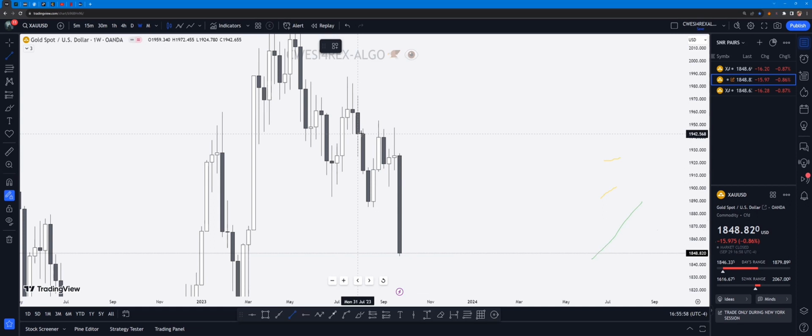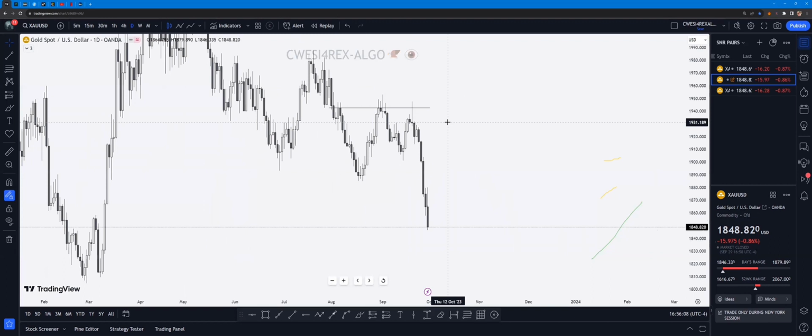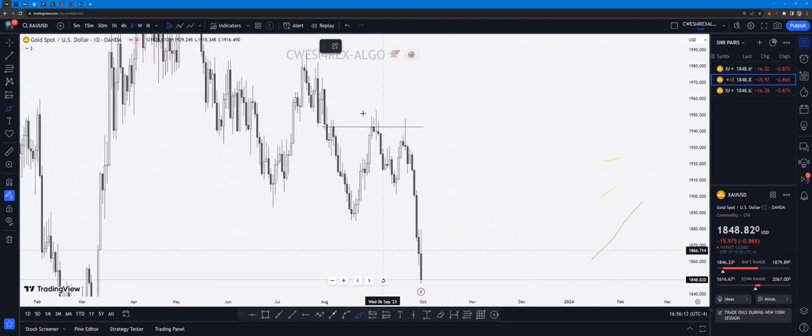So if you see weekly rejecting weekly, then you want to scale down to the daily and look for a daily breakout. Look for a daily breakout, pullback, then entry. So weekly rejecting this over here. This was our weekly rejecting weekly. Then you can see we had this breakout, we had this breakout also, right? What do we expect next? We expect a pullback, right? Which is this. And then we make an entry.